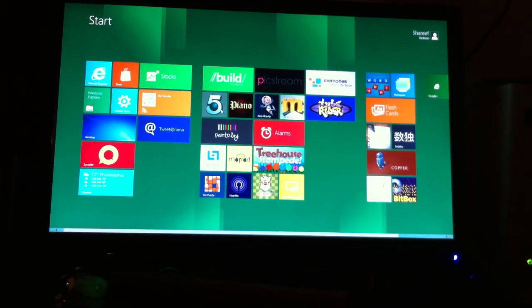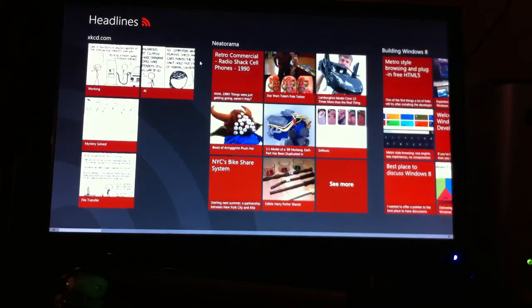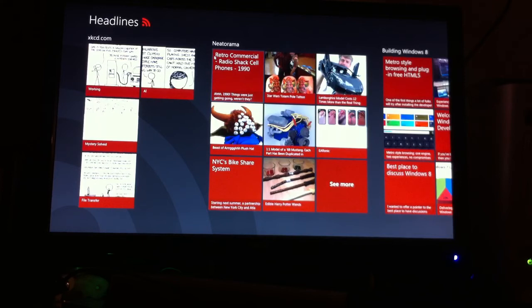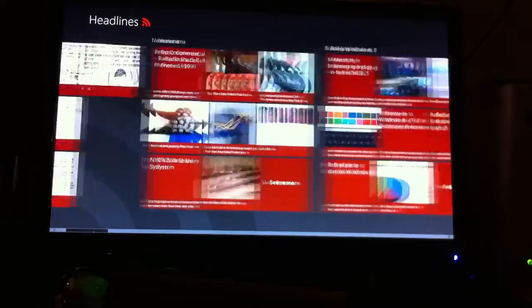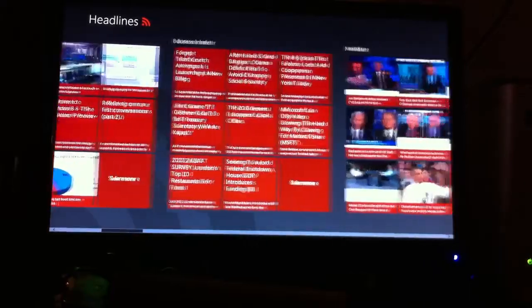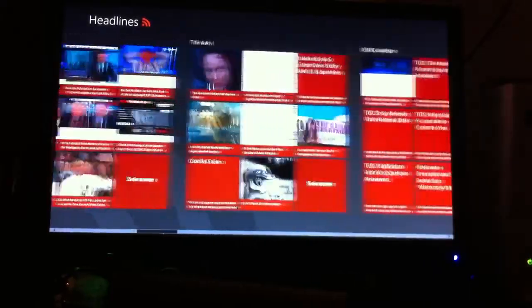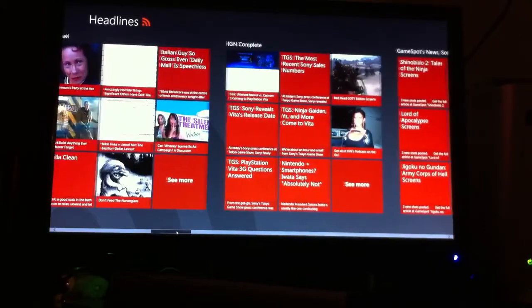The RSS viewer, you can see here in the orange below the stocks, and you can see how it automatically updates live. If I click on that, I can view all the websites that I've added, and they have a bunch that you can choose from, as well as add your own custom RSS feeds. So I have XKCD, some tech stuff, some humor stuff, and some stuff on Windows 8 itself. If I scroll to the right, I can get a quick view of the top 9 stories, and whichever ones I choose to click on,